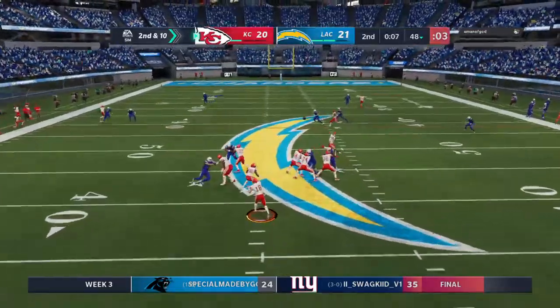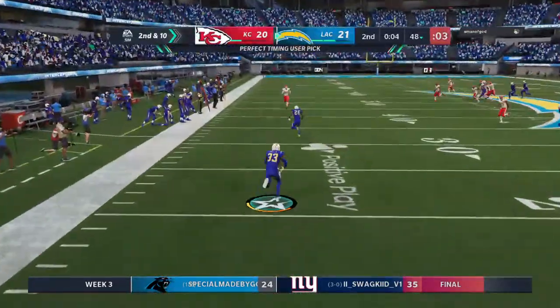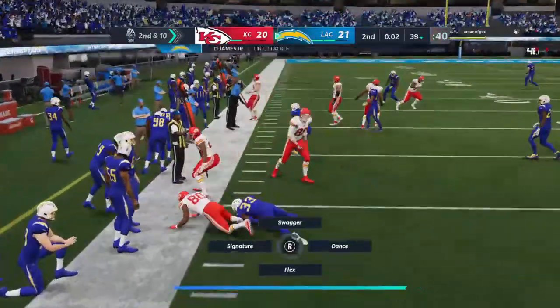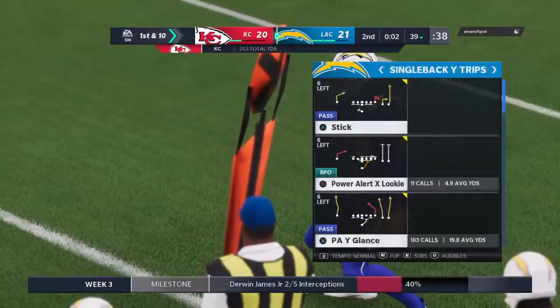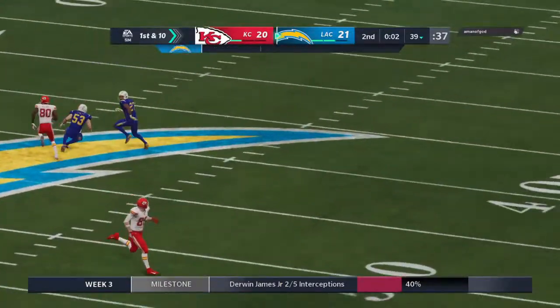From the gun, Nash looking deep downfield. He rifles one that's intercepted. Derwin James with a pick, and his guys have got it back at the closing stages of the first half. The 2nd down pass intercepted. The Chargers take over, first and...